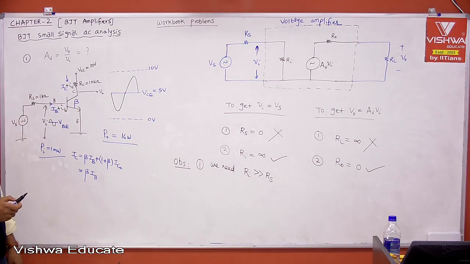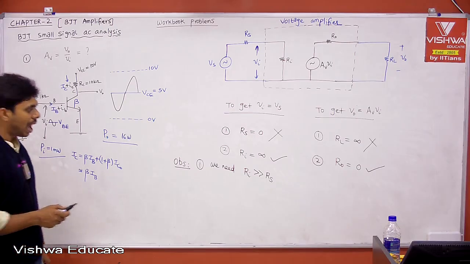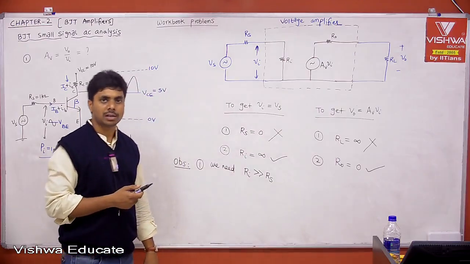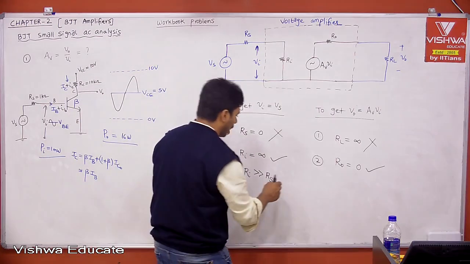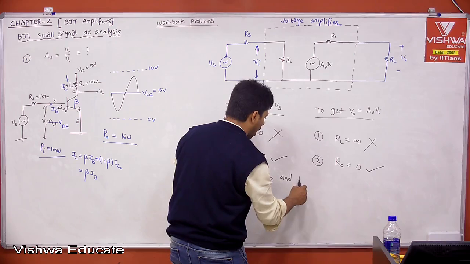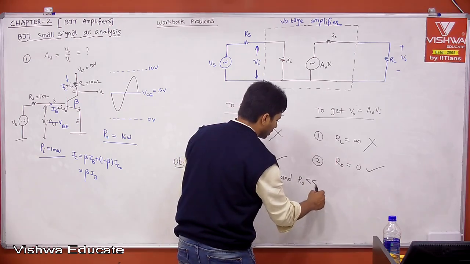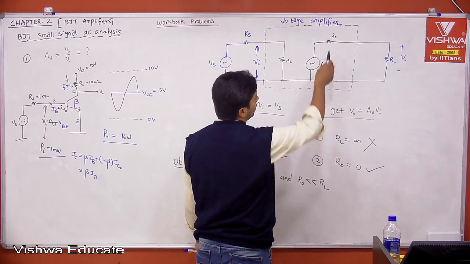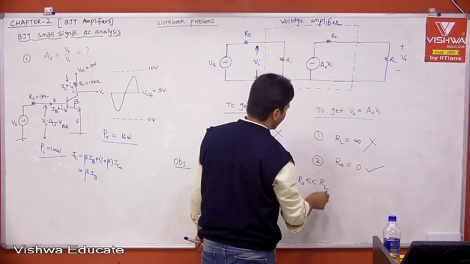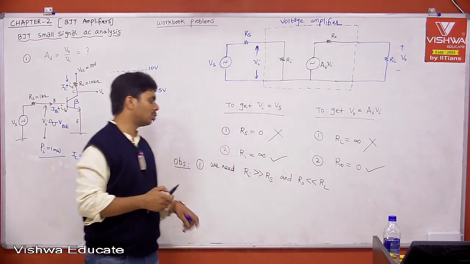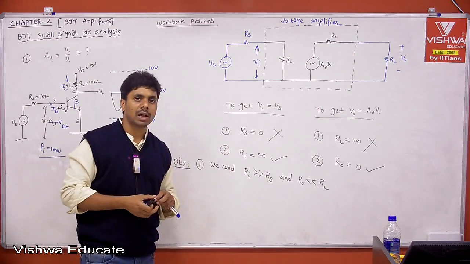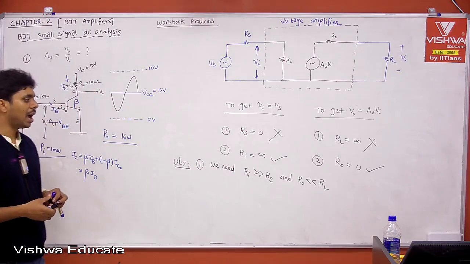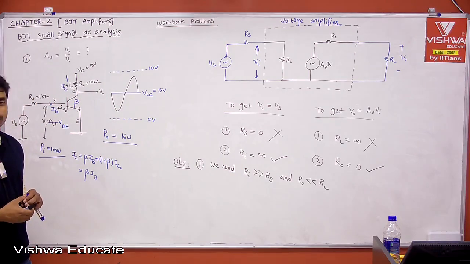Ideally infinity; practically we want the Ri value to be very high with respect to Rs. And R0 very much less than RL. Ideally we want R0 to be 0, or it should be very much less than RL. This is the practical condition. We need Ri very much greater than Rs and R0 very much lesser than RL